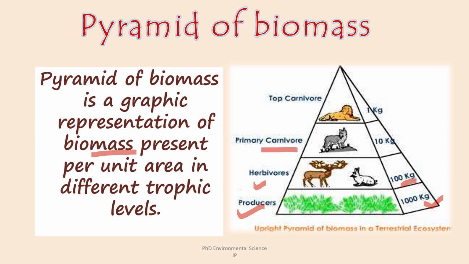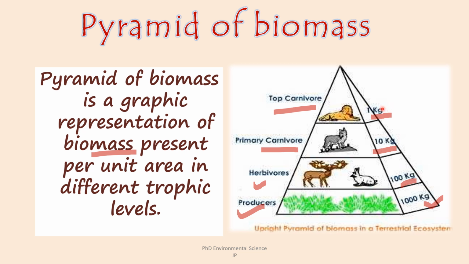Then primary carnivores. These primary carnivores feed on the herbivores. Biomass is again decreased, 10 kg, and the organisms present here could be predators like wolves or smaller carnivorous animals. Then top carnivores, found at the apex of the pyramid. It is the smallest section at the top. It represents the top carnivores. You can see the biomass is least here. It is 1 kg. It is typically a large predator such as a lion that sits at the top